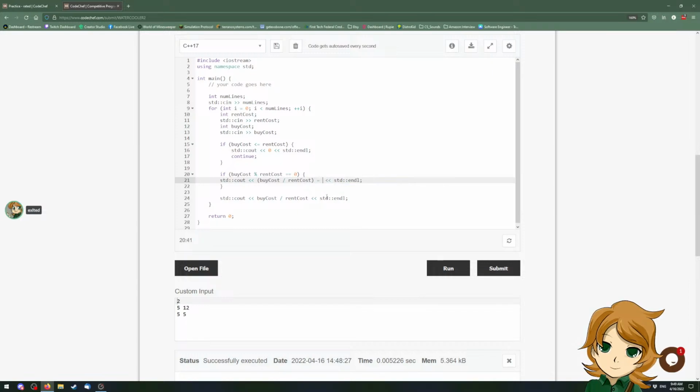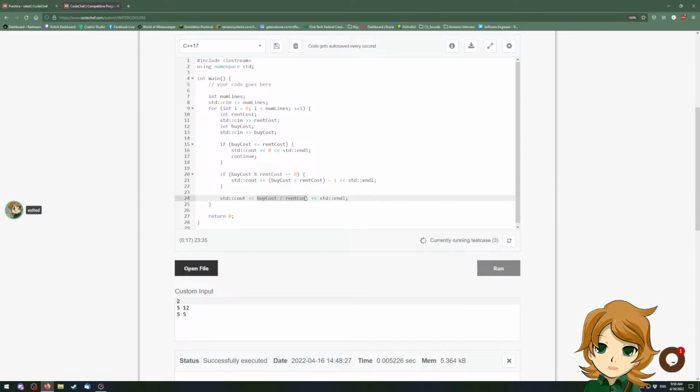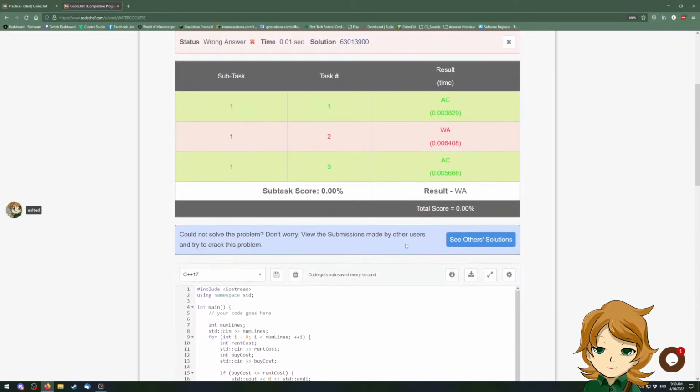Nope, minus 1. And that's the correct answer. The reason for that, and I was talking through this, was because if it is the same,